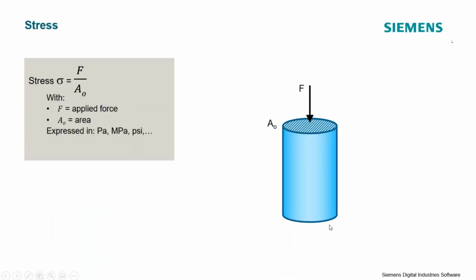We've got a little cylinder here. It has a cross-sectional area along the top here denoted A0. There's an applied force here in compression, and we would define the stress experienced by this cylinder as the applied force divided by the surface area of the cylinder. Stress is typically expressed in units of pressure, force over an area. We normally denote it in things like megapascals or, for English units, in PSI.